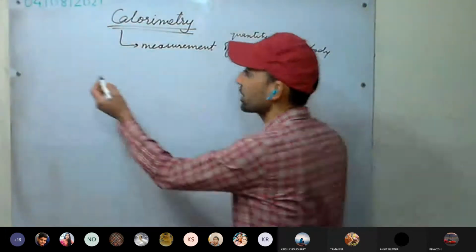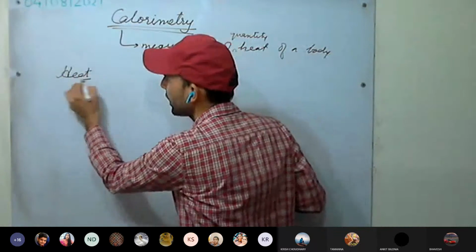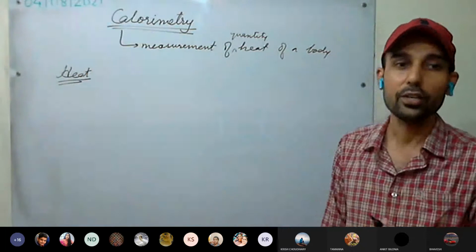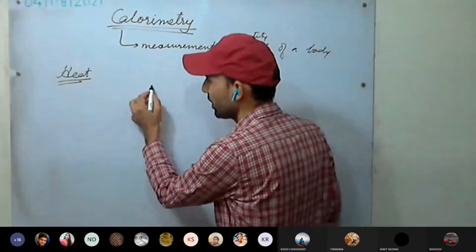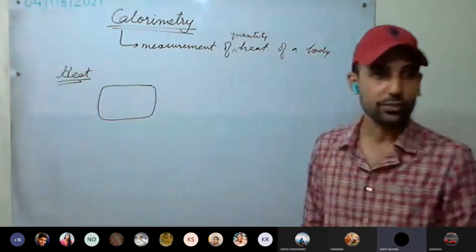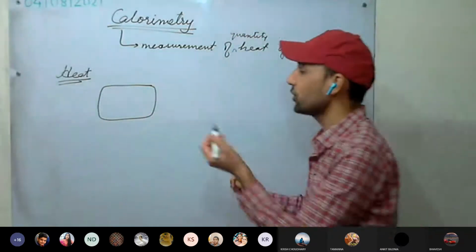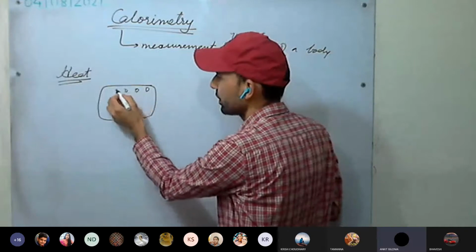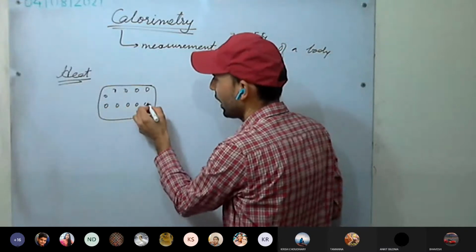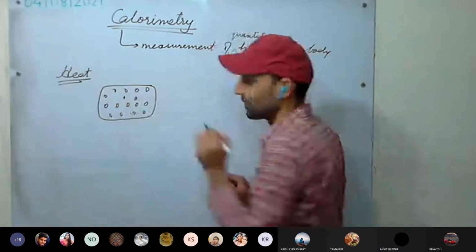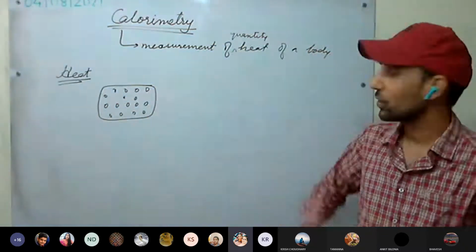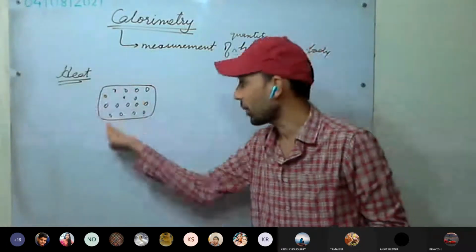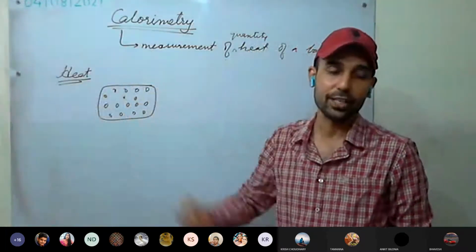Before this, we'll discuss heat. What do you mean by heat? What is the concept of heat? You have seen different bodies. Now, have you seen the molecules? A body is made up of molecules. Have you touched molecules? Yes, we are touching the body, which means we are touching the molecules of the body. So these are the molecules of the body. Which kind of motion are they in?